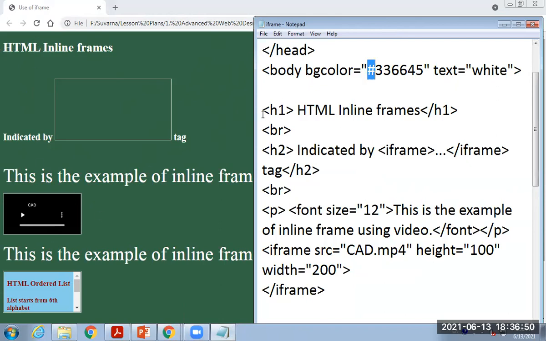And then we have provided HTML inline frames with the highest heading level H1, which is displayed here on the first line. After that, I have given a break to create a distance between the frame and the text. Then I used the second heading level, that is H2, which is indicated by the iframe tag.